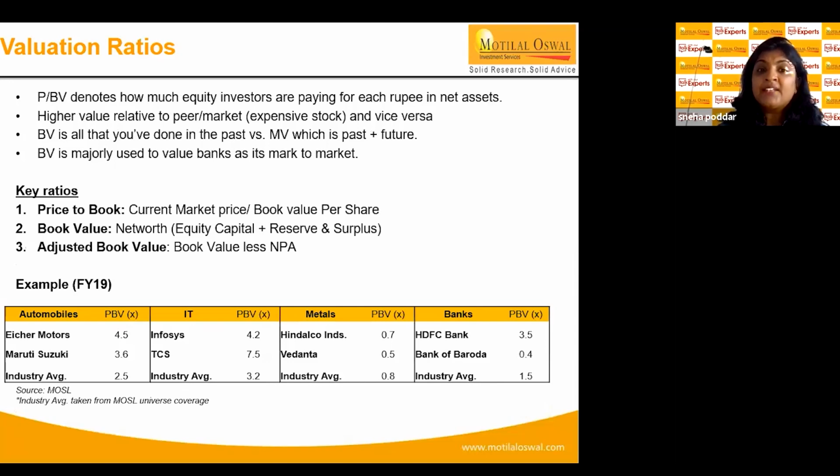In case of banks, price to book is largely looked at, because for them asset is everything, and asset is nothing but the loans that they disburse. They are sitting on huge assets in their balance sheet, and for them this is the most important thing. So we have to compare it with the net assets that their balance sheet has, and that's why we look at price to book. If the price to book is less than one, then it's obviously undervalued, and if it's more than one, it's